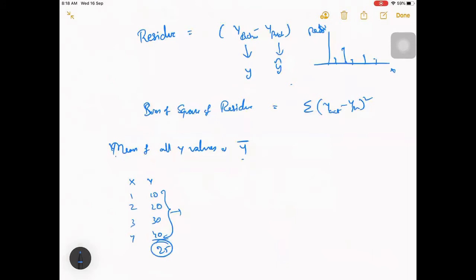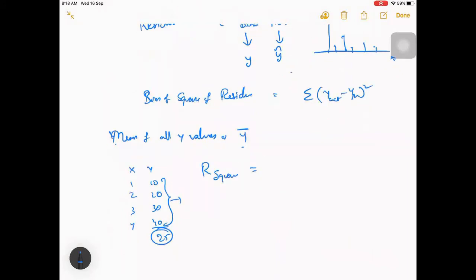Then what we'll do is, R square is a ratio between the sum of squares of residues, let's call it SSR, divided by each y's difference from this mean. So we call it the total sum of squares of difference.